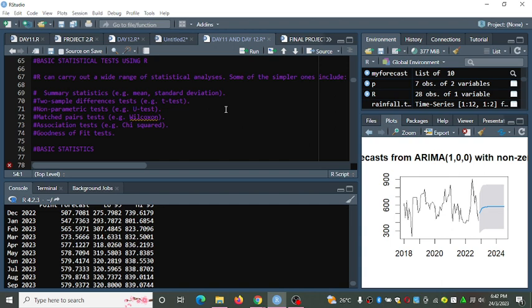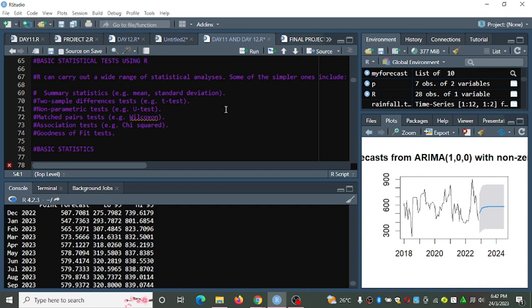We have a non-parametric test, the U-test. We have the matched pair test, that is Wilcoxon's. We have the association test, the chi-square test. We have the analysis of variance. There are many, but I just included some.